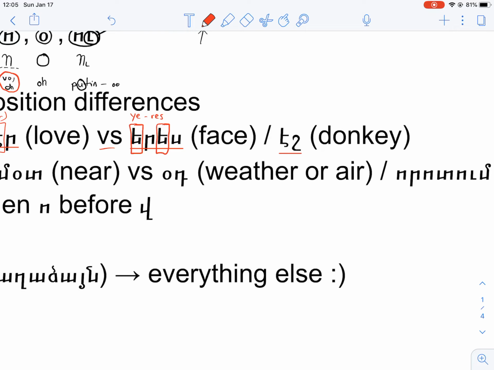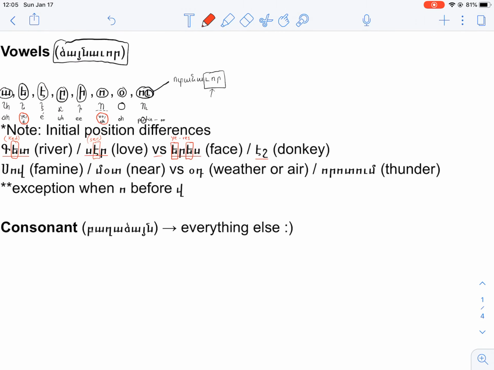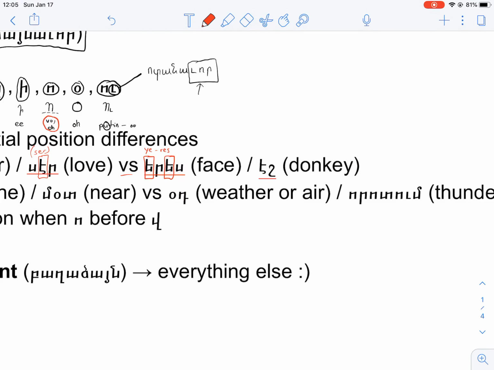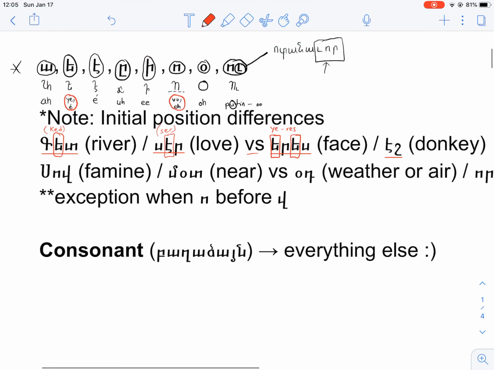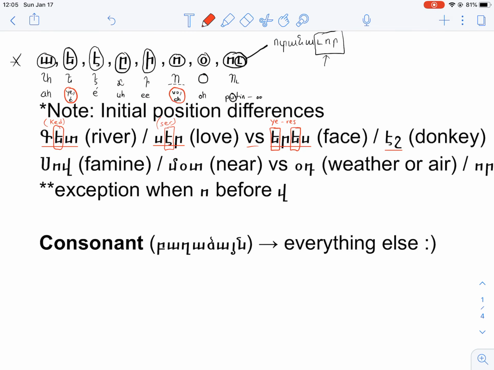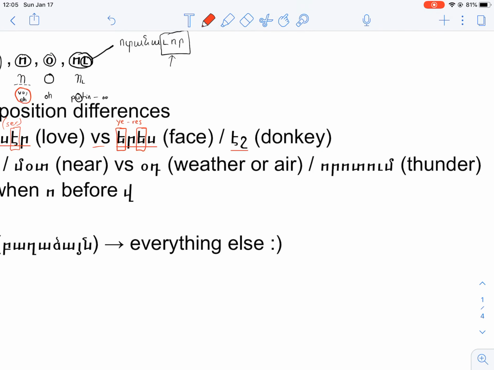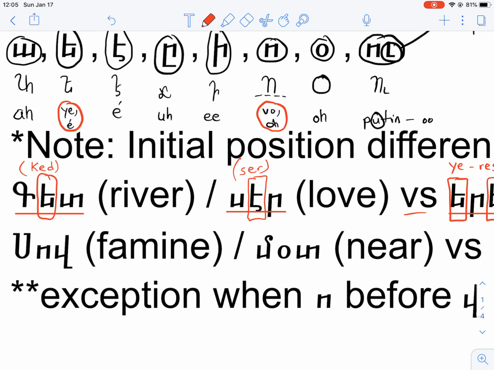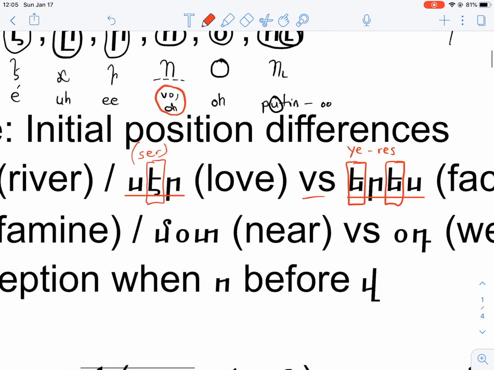So the yetch, when in the initial position, is pronounced as a ye, okay? And then we see this yetch is in the middle position, so it is pronounced as an e, right? Similar to ked. Okay. And then now we look at esh. Is in the initial position. According to my schematic here, it is always pronounced as e, okay?